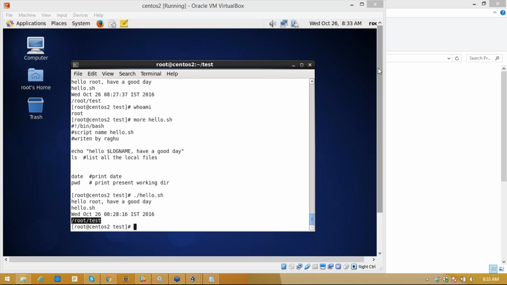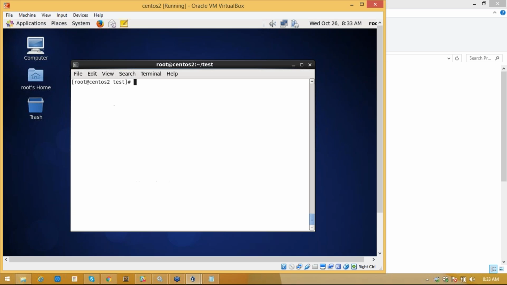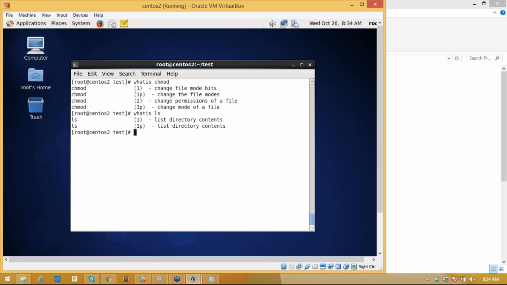Suppose you want to know about any particular command, you can say whatis chmod. It will change the file modes, the permissions of the file.